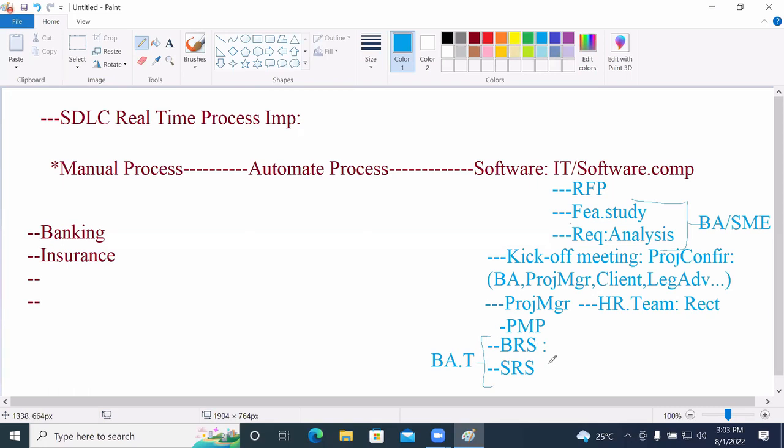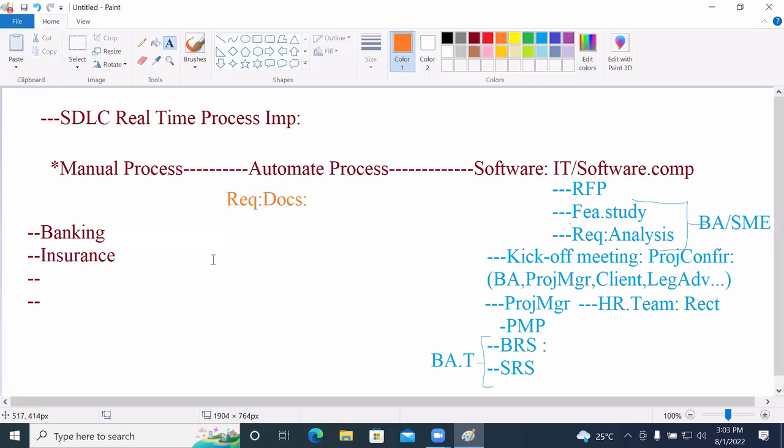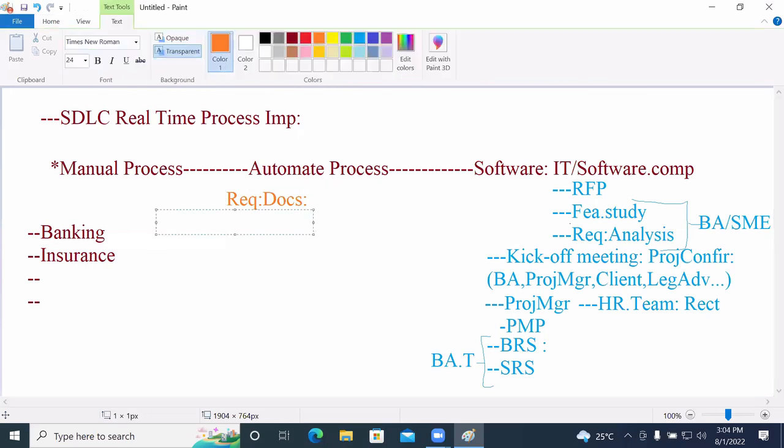At the same time, we got an option. As the requirement documents are available, the development activity needs to be taken care of, and at the same time, the testing activity. So as a simple understanding, according to real-time standards,